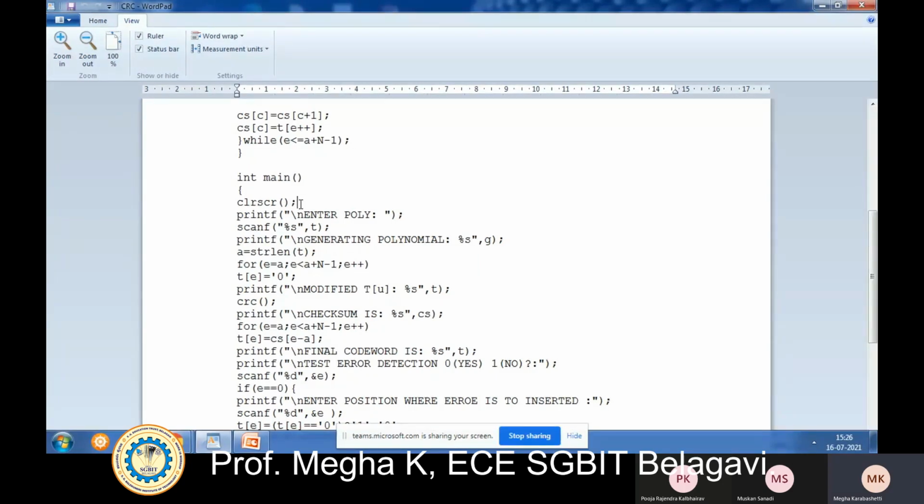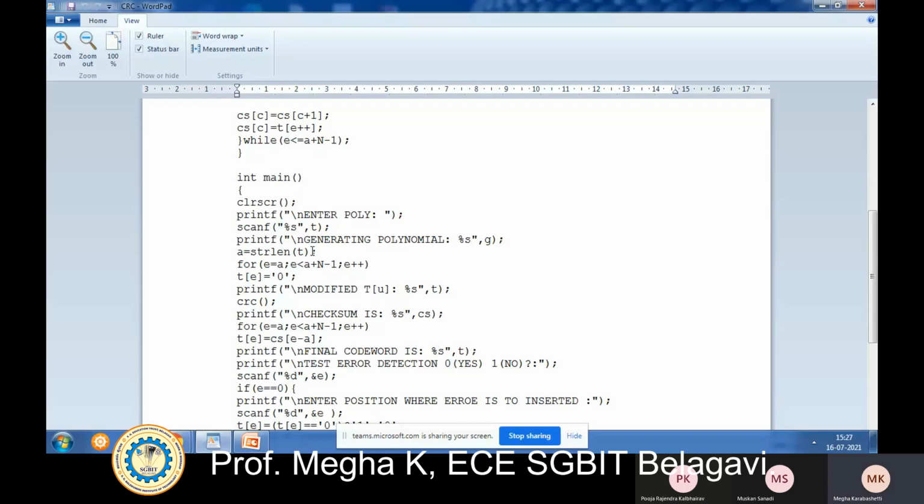Then next printf, enter the polynomial, because I need to enter the data word, with scanf and T. Next printf, generating polynomial, and then G. The generator polynomial's value is already defined, so I'll write it as G. And then a is used to find the string length of T, the data word that I have already read.